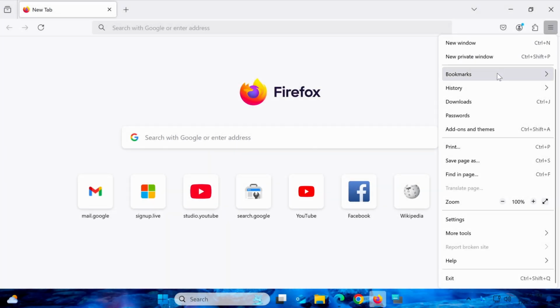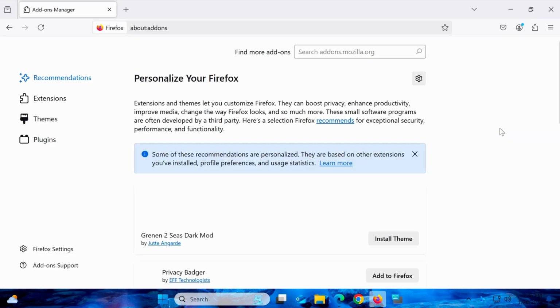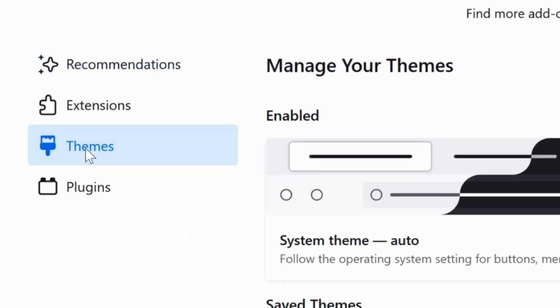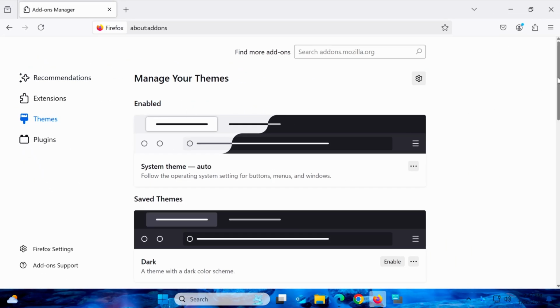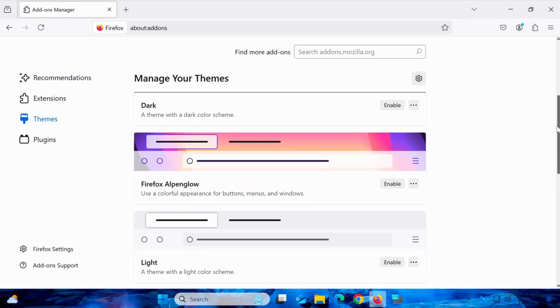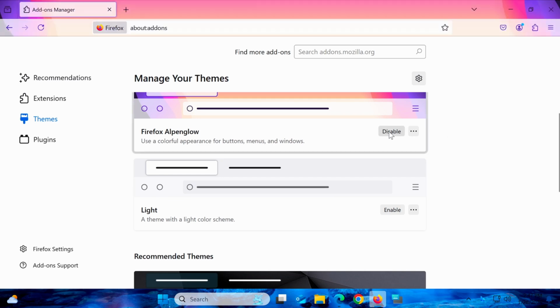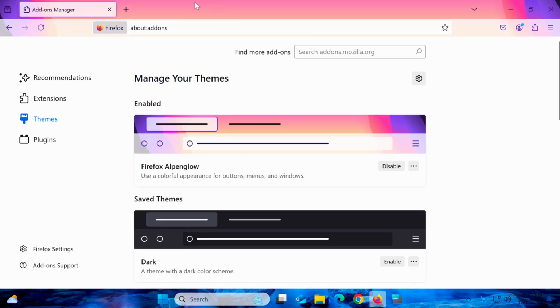From the menu, select Add-ons and Themes. When the Add-ons window appears, go to the Themes tab. Here, you'll find a list of available themes already included in Firefox. If you want to use one of these, simply click the Enable button next to the theme, and it will